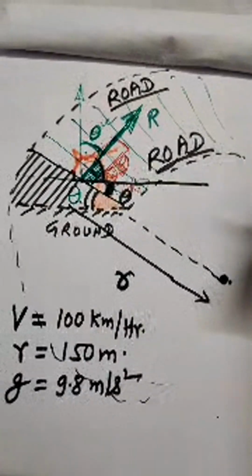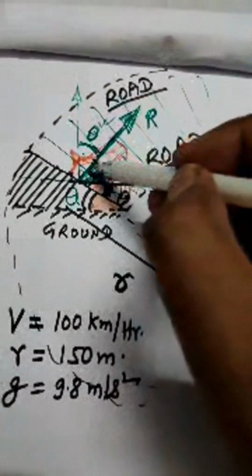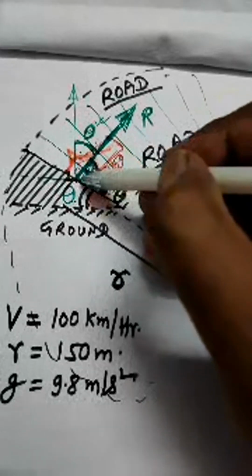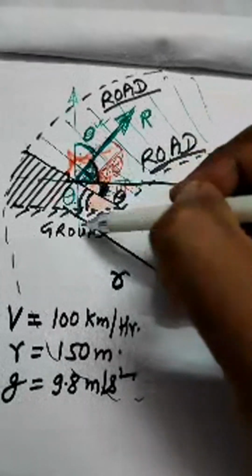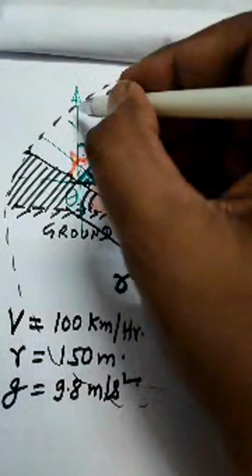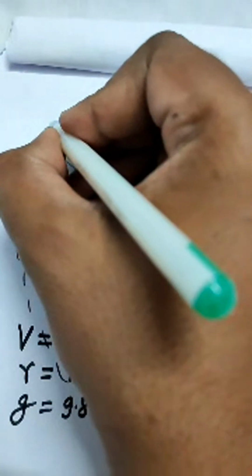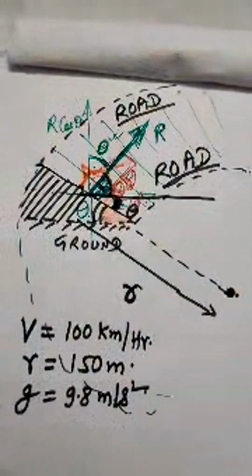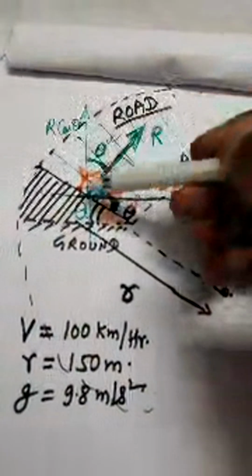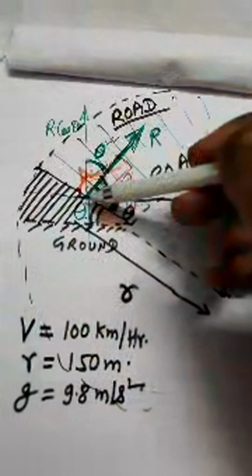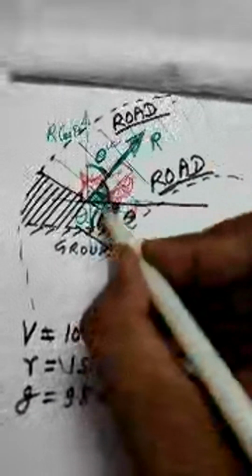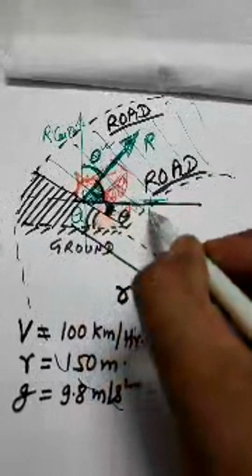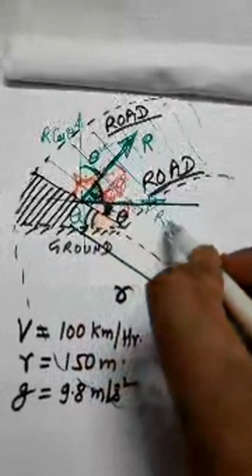How? Let us see. Here the component of the normal reaction perpendicular to this ground, it's R cos theta, isn't it? So R cos theta is the component normal to the ground. Then definitely the component parallel to the ground is this one, which is R sin